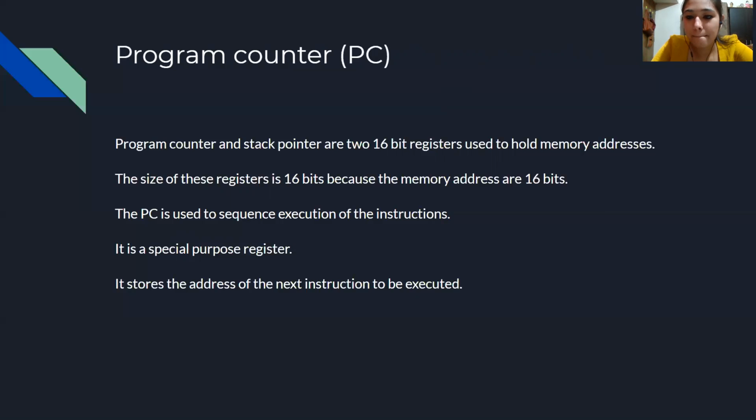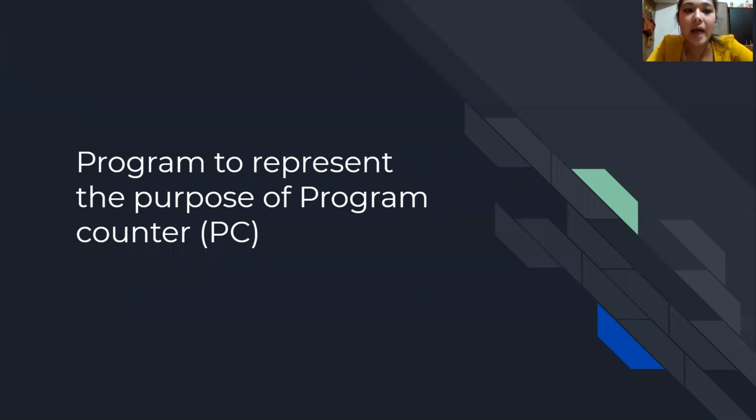So the only thing to remember is that the function of the program counter is nothing but to point to the memory address. I repeat, point to the memory address from which the next byte is to be fetched. Okay, so let us go to a problem and a program I've written on the GNU simulator so that we can get to know the purpose of the program counter.